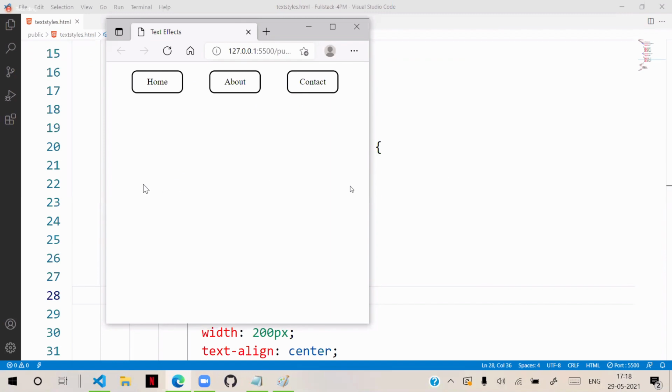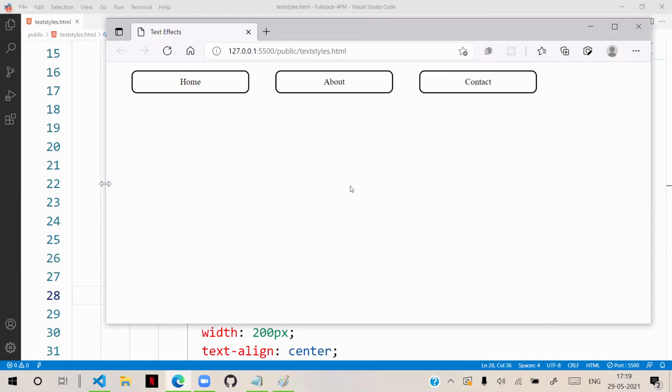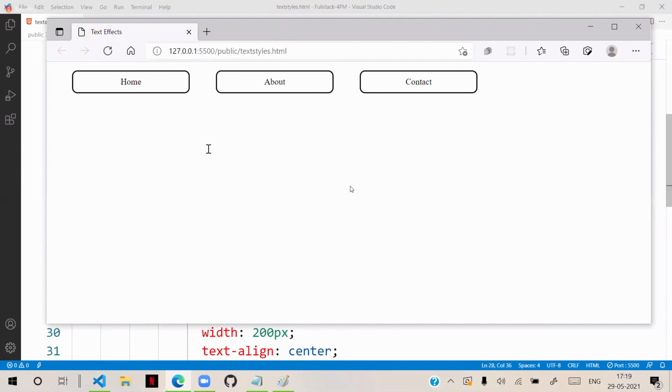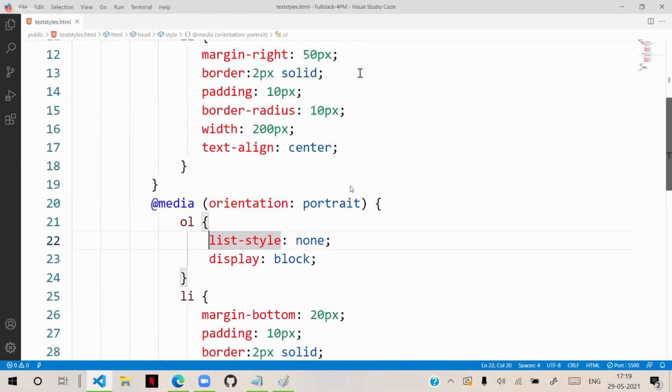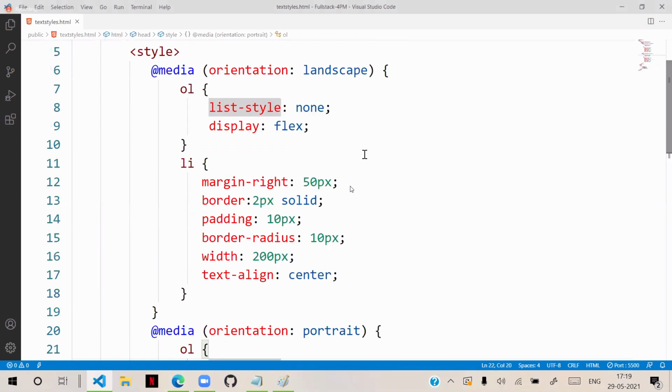If it is more than 400 or 500 pixels, then it should come one below another. Then generally what you can do is, instead of orientation, you can use one more option here. You can write attributes like max width.